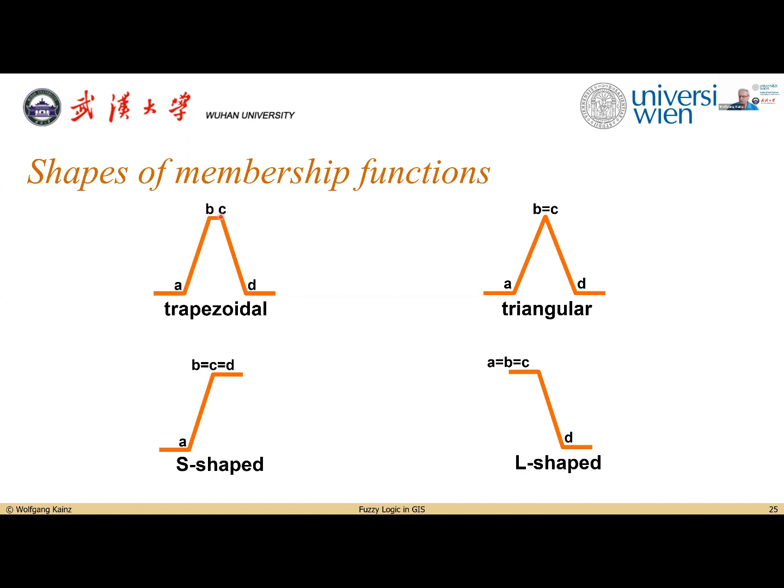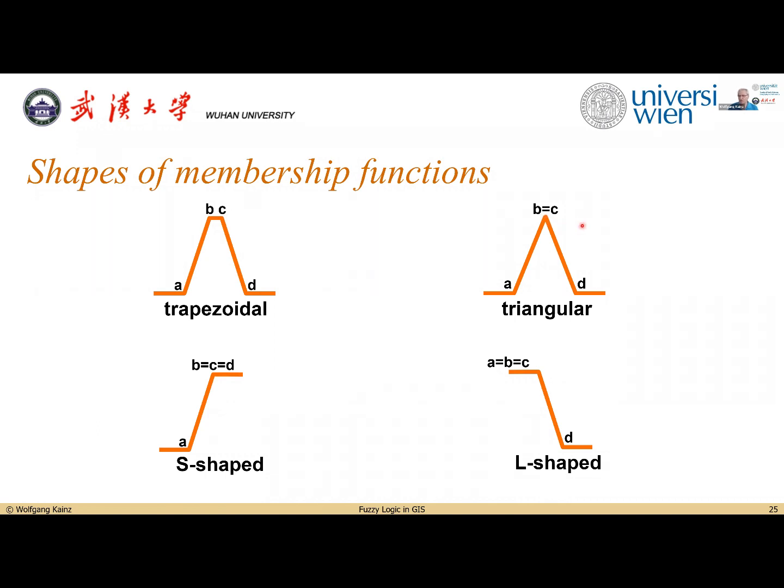Then the membership degree stays 1 up to the parameter c, and then it decreases again until d, and there it remains 0. Now, if b and c are the same value, then we have what we call a triangular